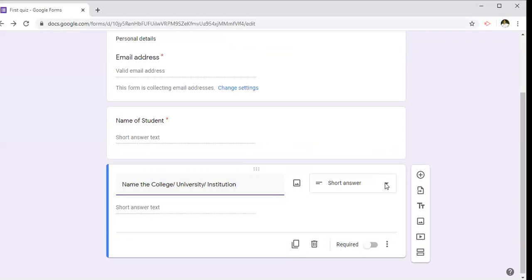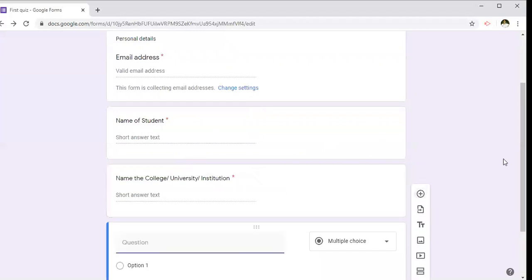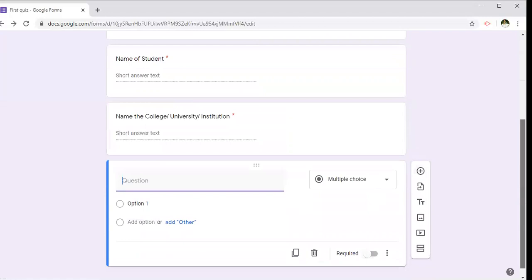But for name of the student, name of the college, it can be used as a short answer. So you can go for this required answer. So make it compulsory so that these can be entered or taken to the certificate here. So next, again click on this plus button. One more question box will appear here. So for this, I'm going to take date of birth.